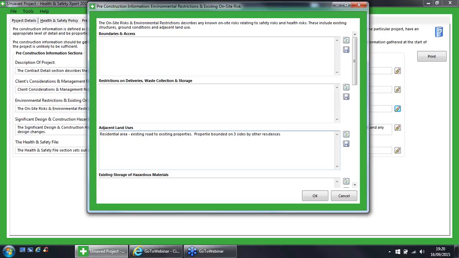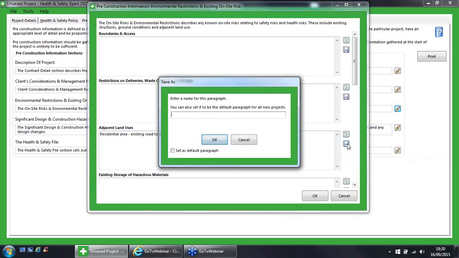Okay, and I really like that paragraph. I don't want to have to type it again. So what I can do is save this paragraph and call it